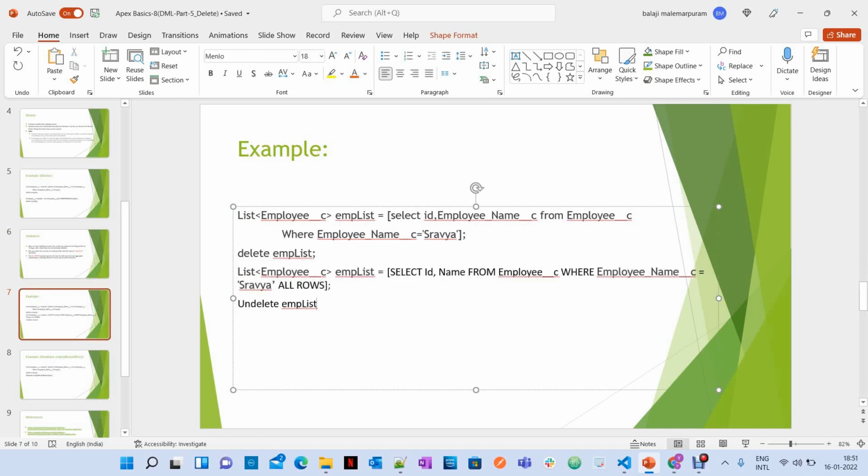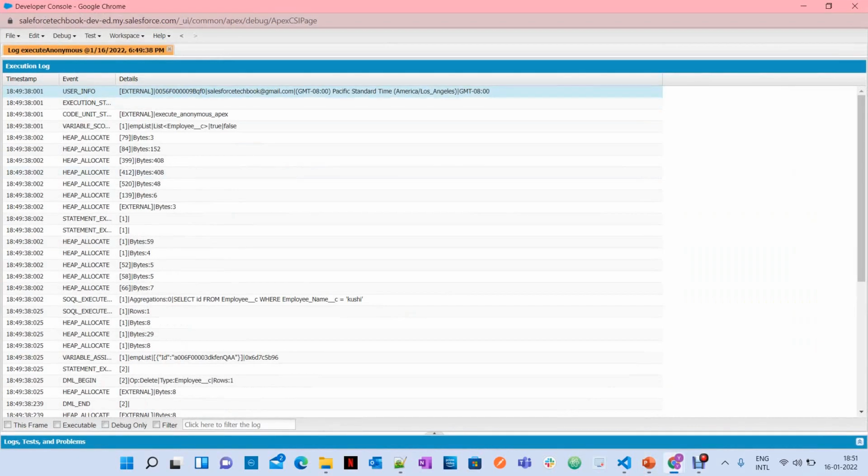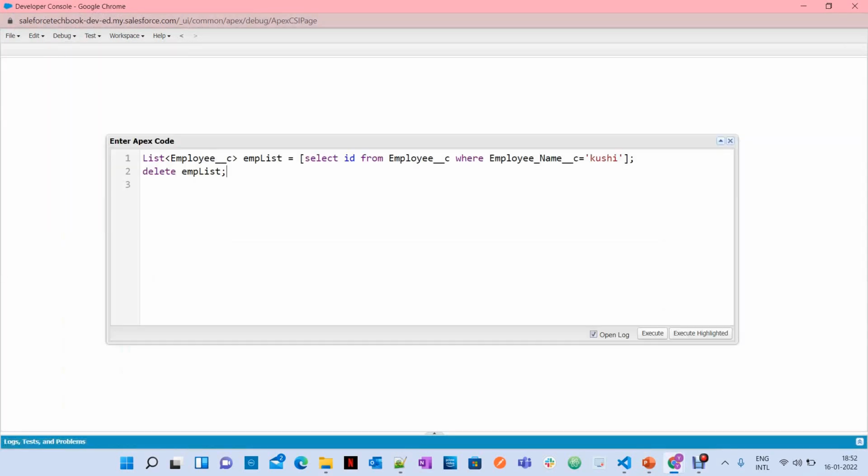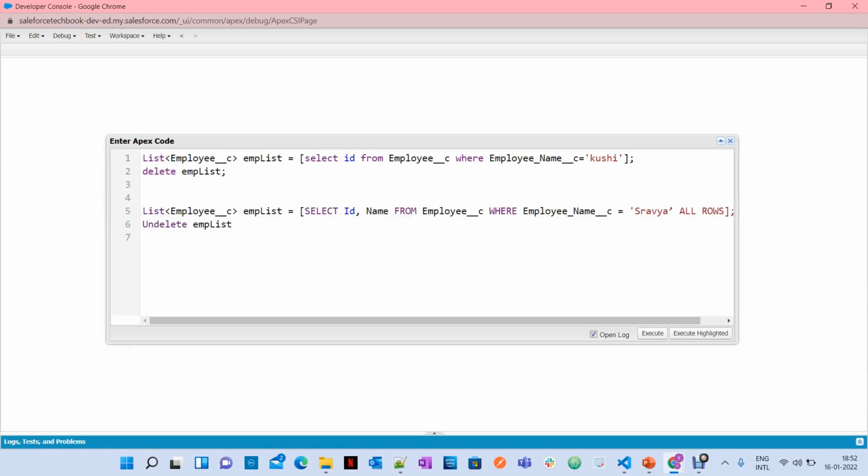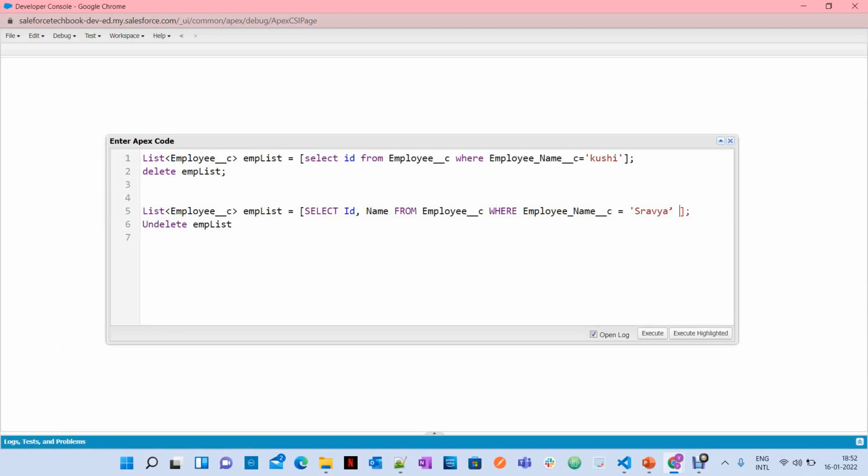Okay, in our case, let me show you how to do this. In our case, what we deleted was the Kushi record, right? So the same thing we are going to do here. So instead of this, I'm going to apply ALL ROWS here, and instead of delete, undelete.